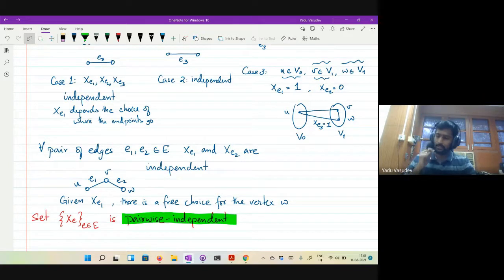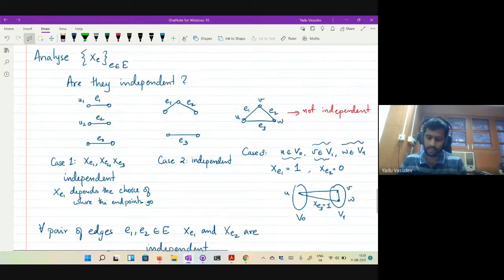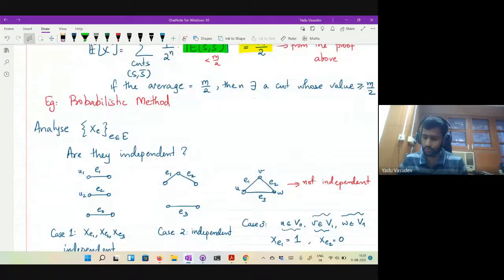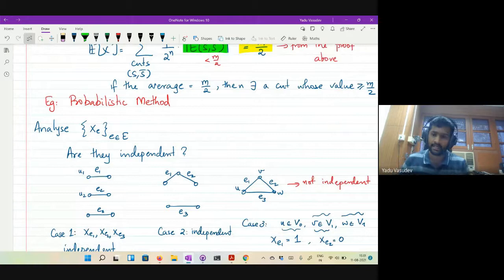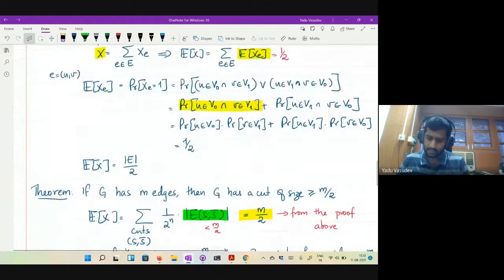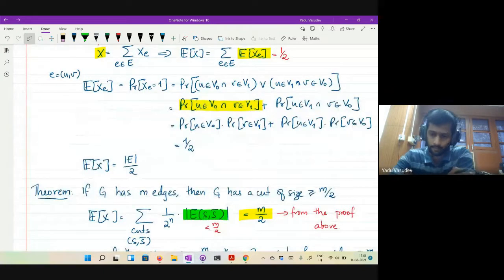Okay. So now let's understand the analysis of this algorithm a little more carefully, and from there we will try to get hold of the cut. Our goal is to get a cut of cardinality at least M over 2. For that, let's understand the analysis. Let's look at the part where variable xc is equal to 1. What is the probability of that?